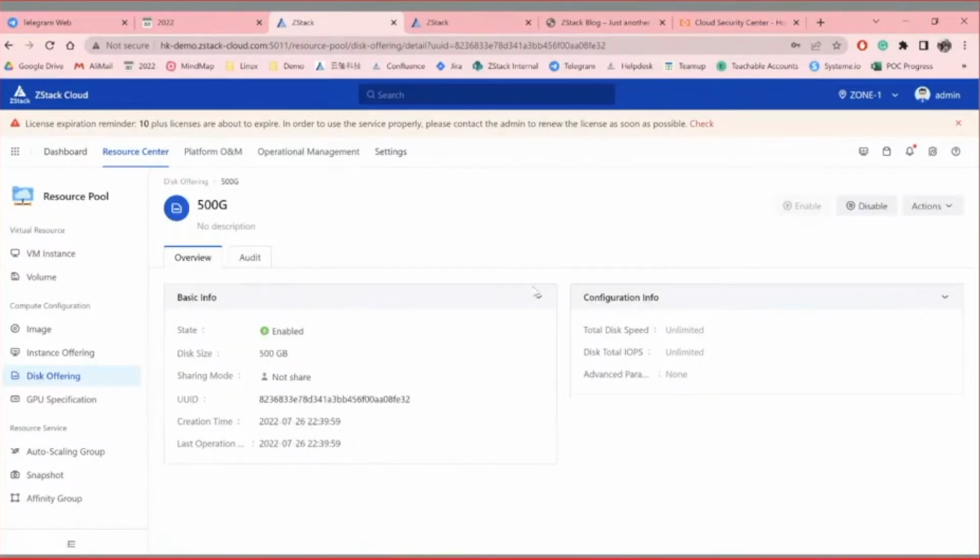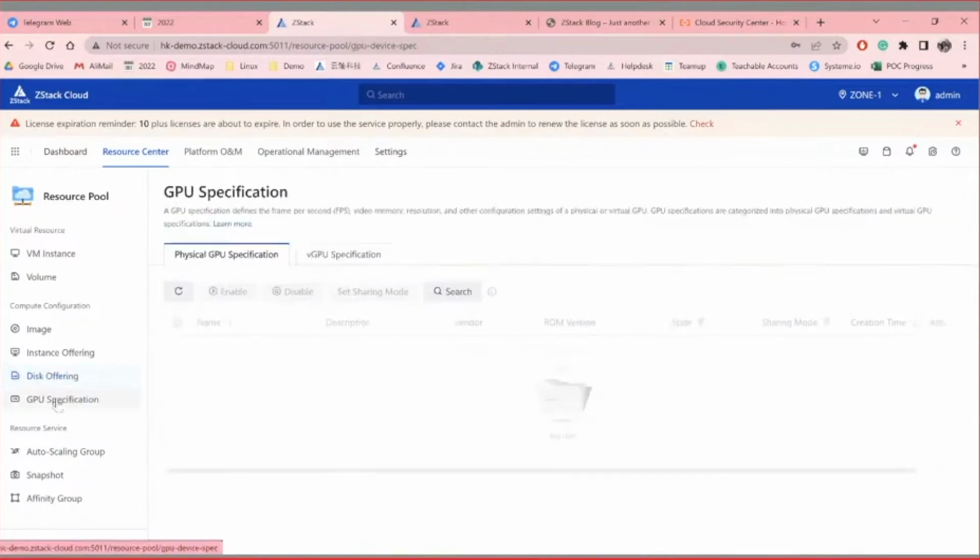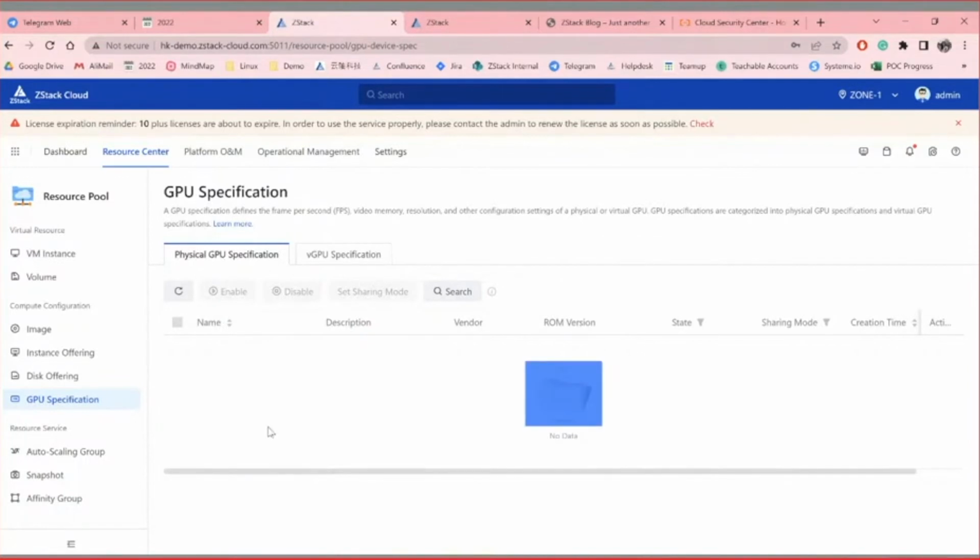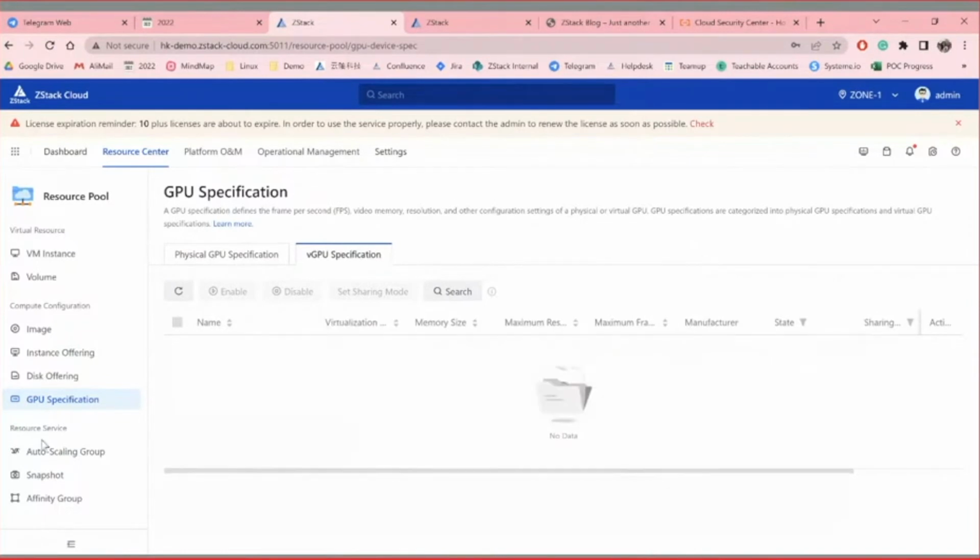In ZStack Cloud Platform, we also support the GPU specification. Like in here, if you have the physical GPU, it will show in here. And we also support the cut of physical GPU into the vGPU, and you can do the modification here. And here is the computing resources. And after that, we will have some of the resources service, like the